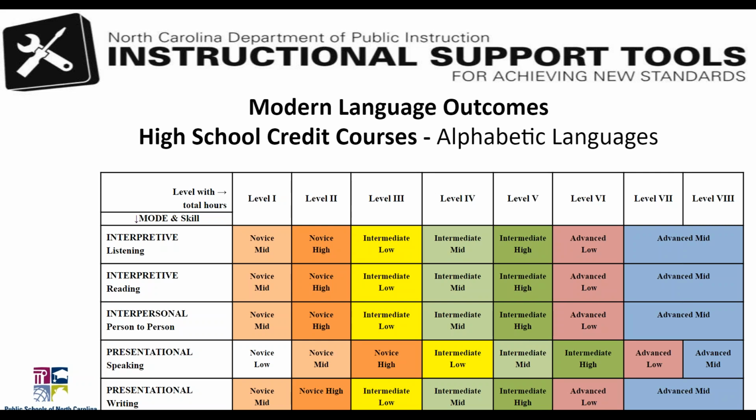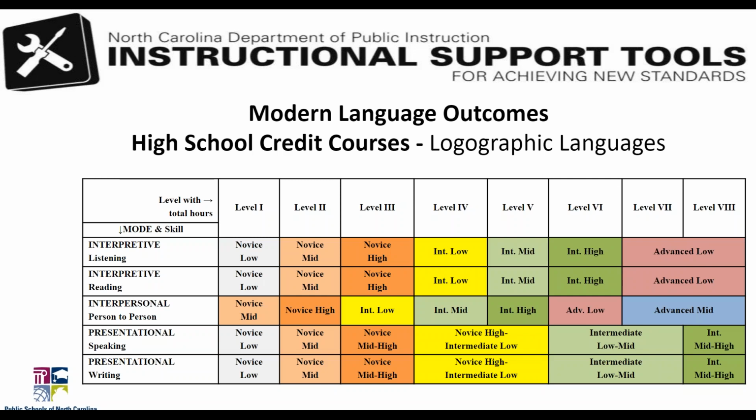On the next slide coming up, we have the same kind of chart, but now for logographic languages like Chinese and Japanese. Notice that we still have a step up. Notice that the interpersonal skills remain the same, because when you're listening to someone or learning just to speak the language, that process works the same. Once you involve literacy skills where you need to read and write, there's a difference for logographic languages when you're coming from an alphabetic language. So more time is provided based on these proficiency outcomes so that students can develop those skills and still advance their proficiency over time as they continue the study of language.